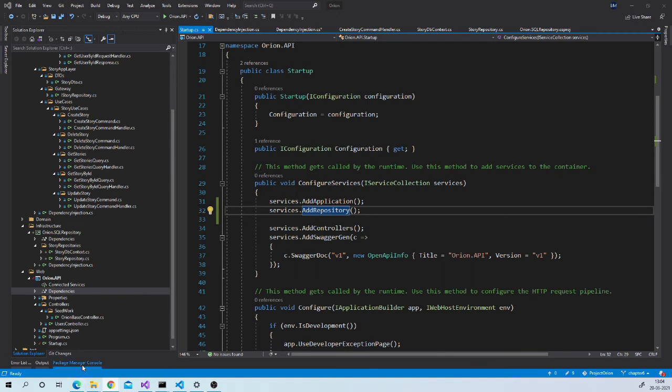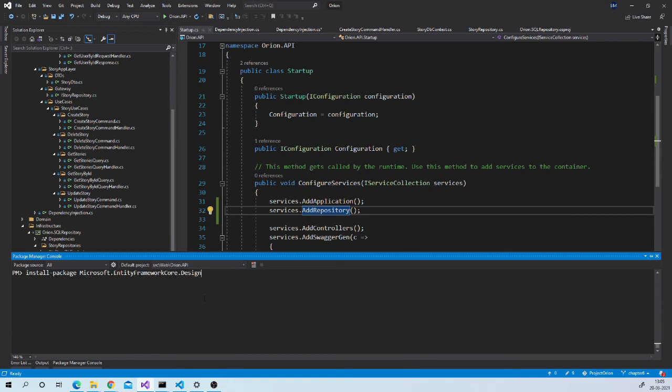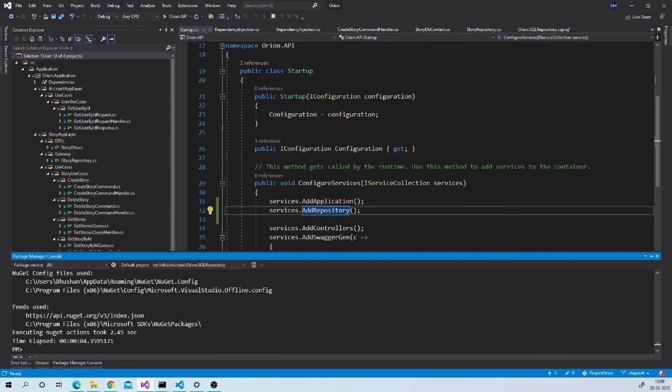So go to Package Manager console, select Orion.API and install package Microsoft.EntityFrameworkCore.Design. We need to install one more package in our repository project, Microsoft.EntityFrameworkCore.Tools.